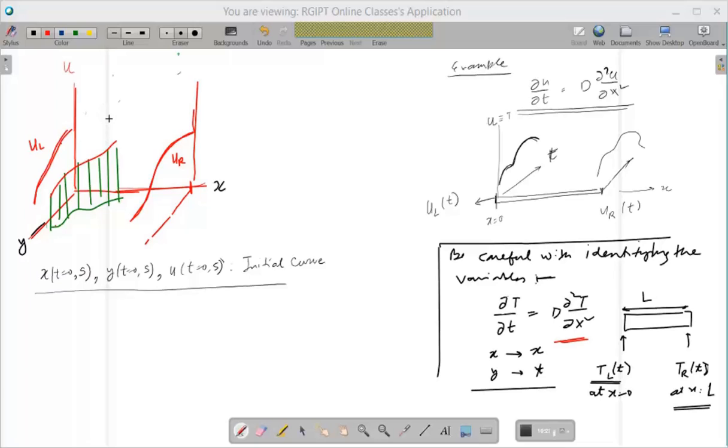This is a very valid choice of specifying the initial condition, or one of the boundary conditions you can say. So this is like a boundary condition given by providing values of u along a curve in the xy plane. Is that point clear? If that is fine, then what is done is now we can, at each point,